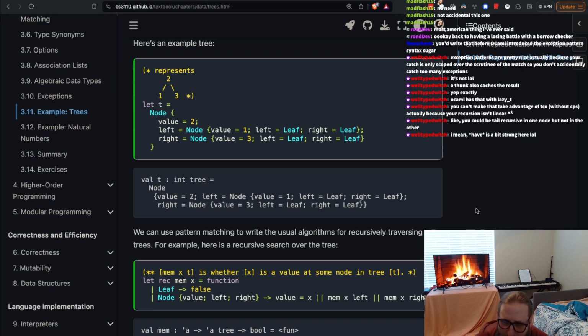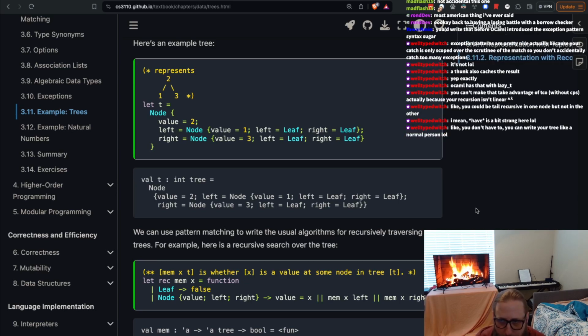We can use pattern matching to write the usual algorithms for recursively traversing trees. For example, here,